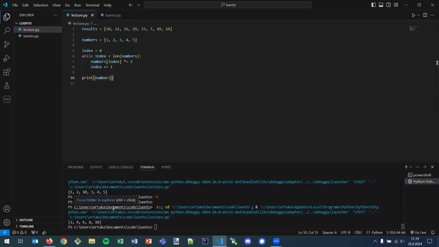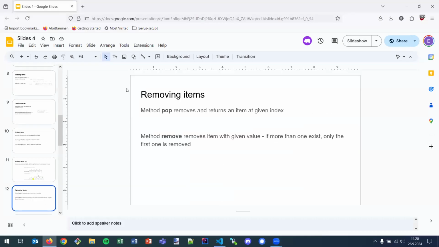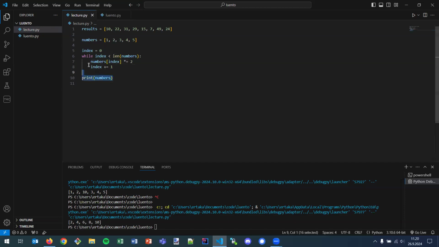So we can quite easily manipulate all items in a list by using a loop, because that's what loops are meant to do, to go through and do something multiple times. They are especially useful when we have a structure where we have sequential items and we want to do something with all of those items. We can also remove items from a list, and now